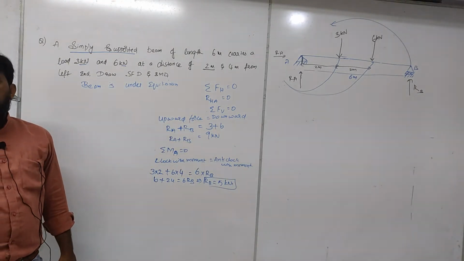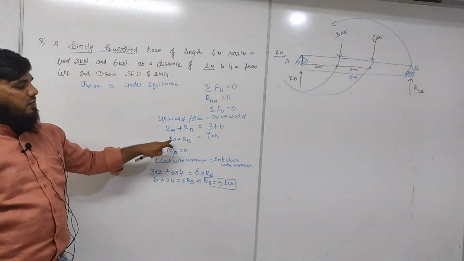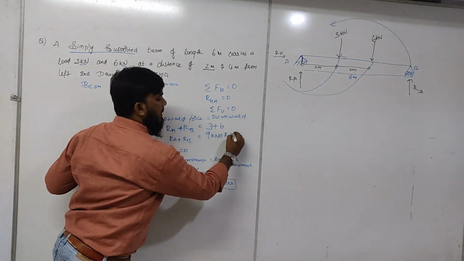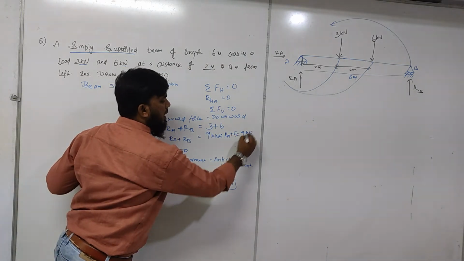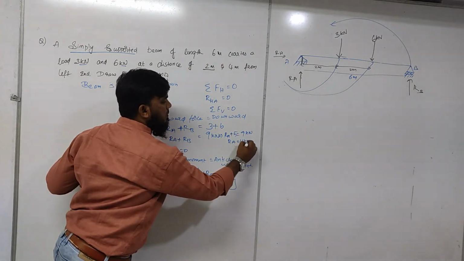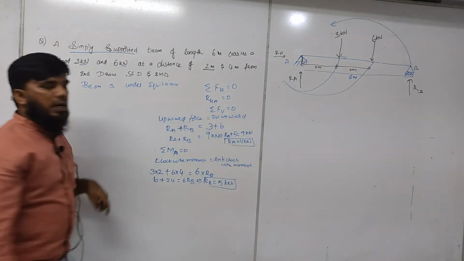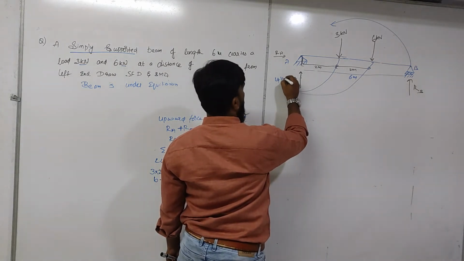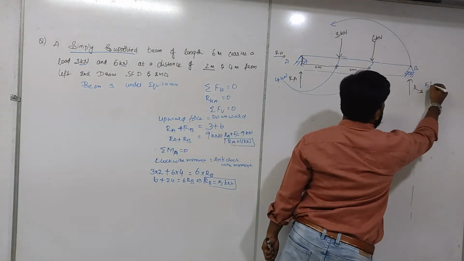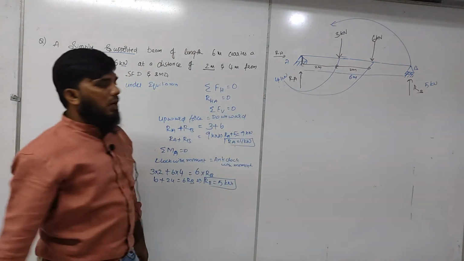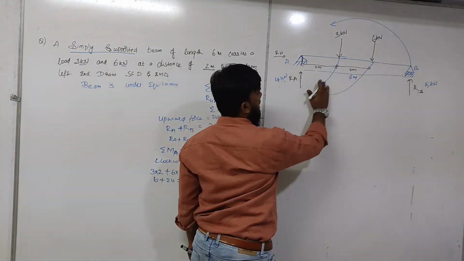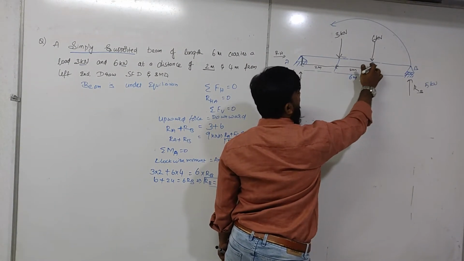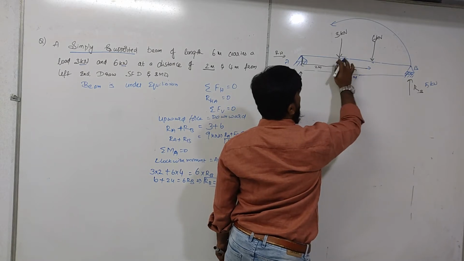You got the value of RB? Then what is the value of RA? Substitute this RB value here, you will get RA plus 5 is equal to 9 kilonewton. RA is equal to 4. Correct? So I will write the values here. RA is equal to 4 kilonewton. RB is 5 kilonewton. Solved? So I will wipe off this line so that you do not get confused with these lines. These are only for the direction purpose. They do not have any influence on the shear force or bending moment diagram.